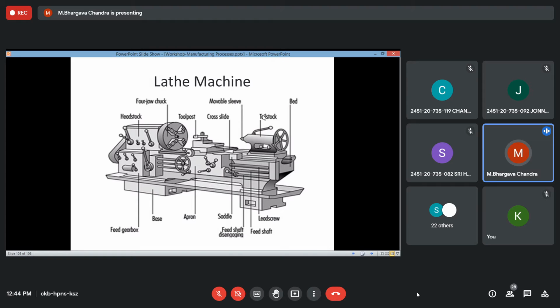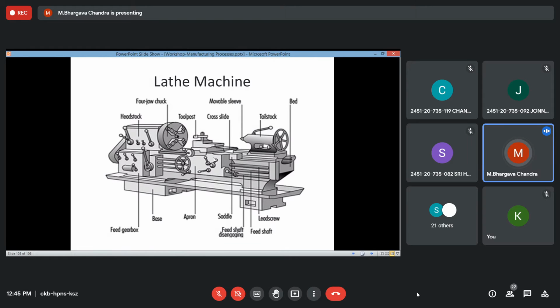This is called the tailstock, and this body is called the bed, on which all these components are mounted. Then you have a saddle here, a movable saddle, and then you have a lead screw. This is important. The lead screw is responsible for the movement of this whole movable assembly, which is called the carriage. This carriage consists of the tool post, cross slide, etc., and it will be moving in the forward and backward direction. On top of this carriage, you have the cross slide for the lateral movements, angular movements as well as linear forward, backward, left and right movements. So these are some of the names you can remember.